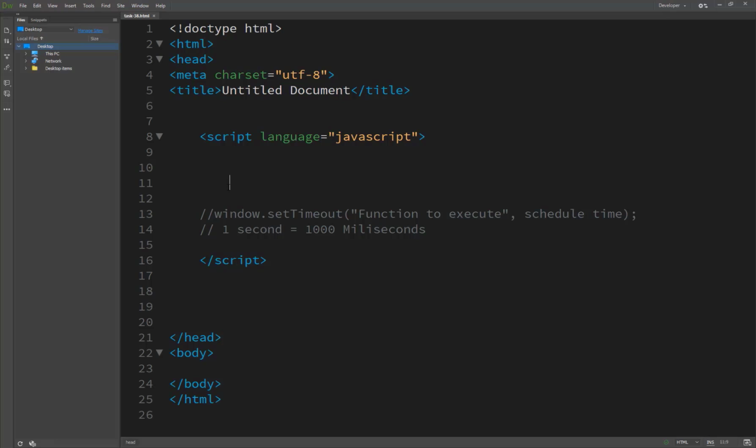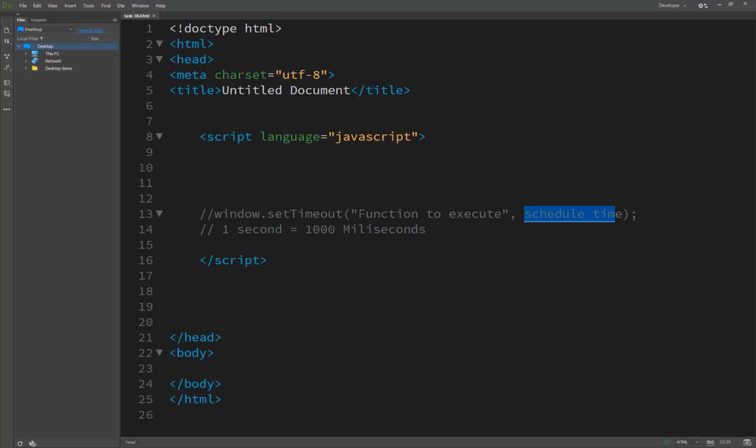Here we start. The scheduling is done with window.setTimeout, and after that the function to execute and the scheduled time when you want to execute your function. The function to execute is specified as if you were calling the function normally, but in a text string.